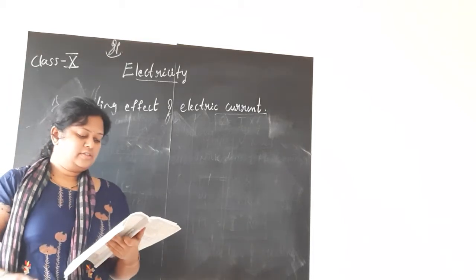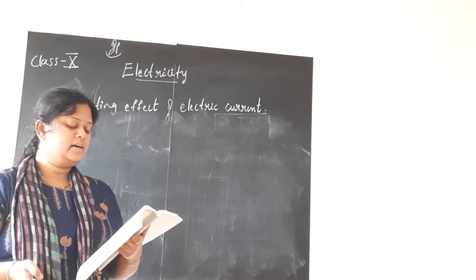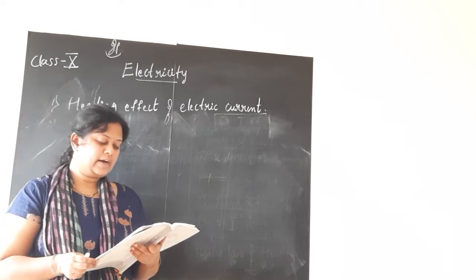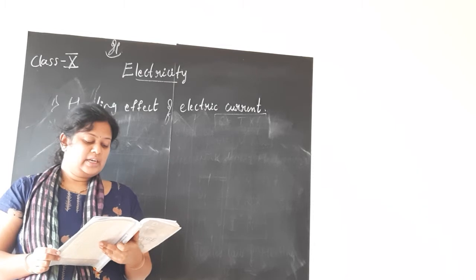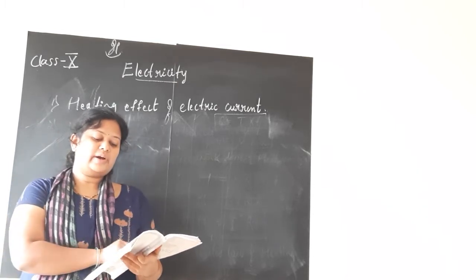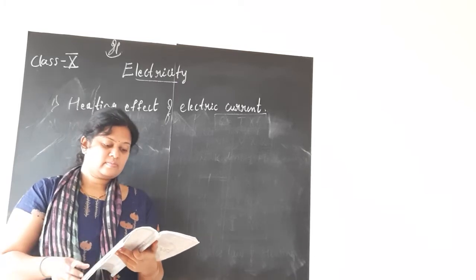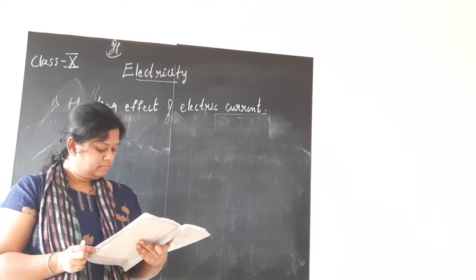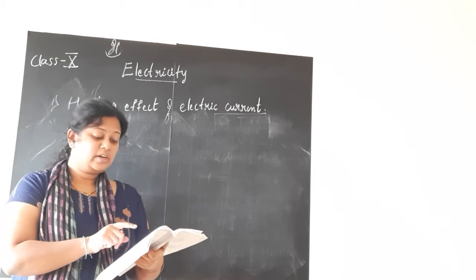First question under this formula, children: an electric iron means iron box. An electric iron consumes energy at the rate of 840 watts when heating is at the maximum rate and 360 watts when the heating is at the minimum.